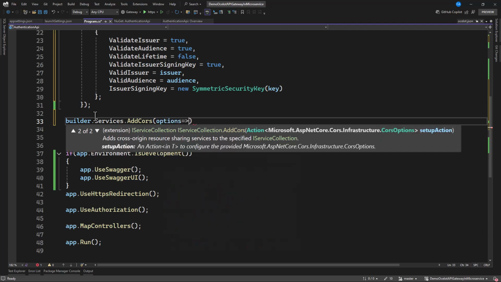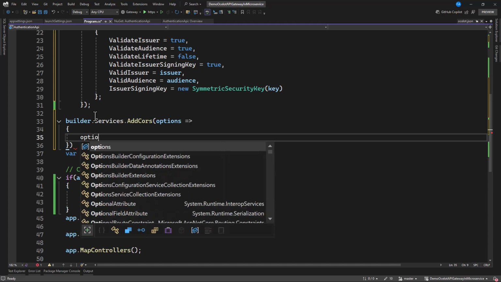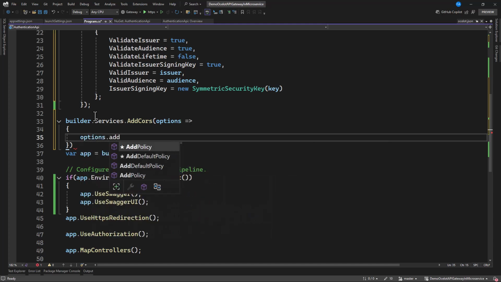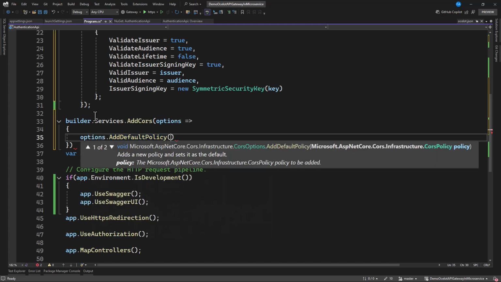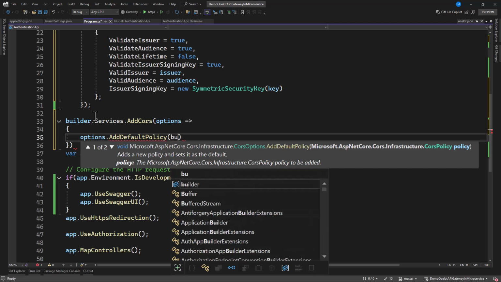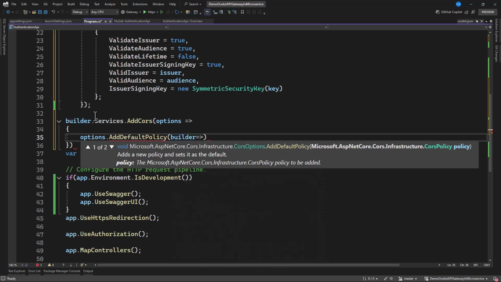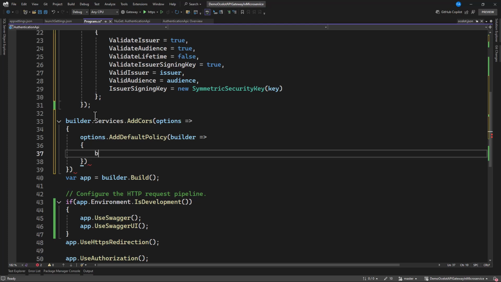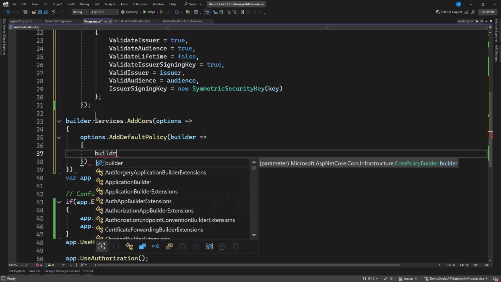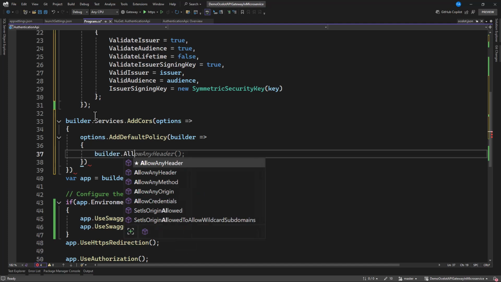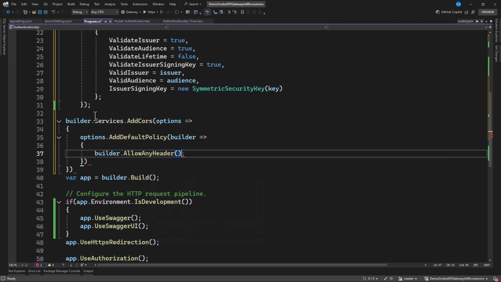Now we say options.AddDefaultPolicy. On this policy, maybe we can have a builder. Then we have builder.AllowAnyHeader, AllowAnyMethod, then AllowAnyOrigin.